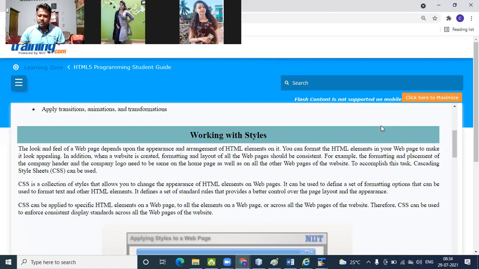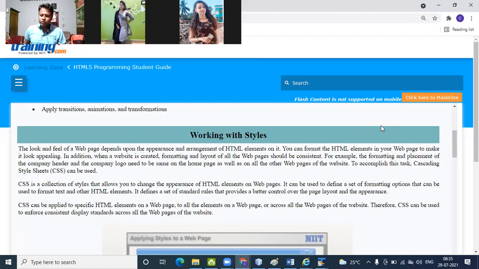CSS is a collection of styles that allow you to change the appearance of HTML elements. If you want to change the appearance of an HTML element on the web page, we use CSS.